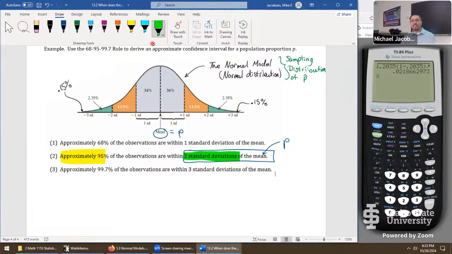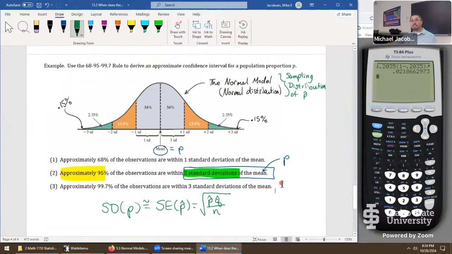We do not know the standard deviations at all because not only is p unknown, the formula for the standard deviations involves p. So we approximate it. Standard deviation of p hat is written this way. It's approximately equal to the standard error of p hat, which is by this formula we used a couple times in these notes: p hat times q hat divided by n.